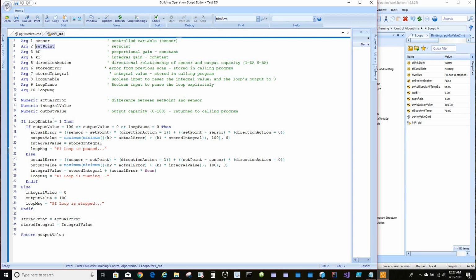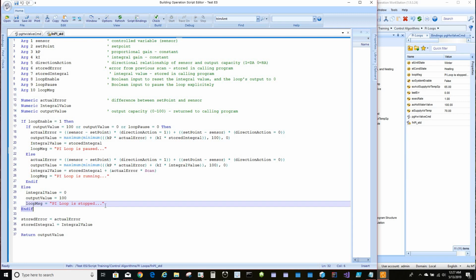So if the loop is not enabled, come down here, we'll see this is the else statement that matches the first if statement on line 16, and then we'll see that what we're doing is our integral value gets a 0, our output value gets 100. If this was direct acting, this would be 0, but because it's reversed acting and it's a normally closed valve,